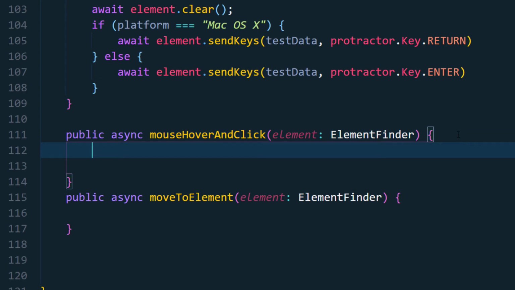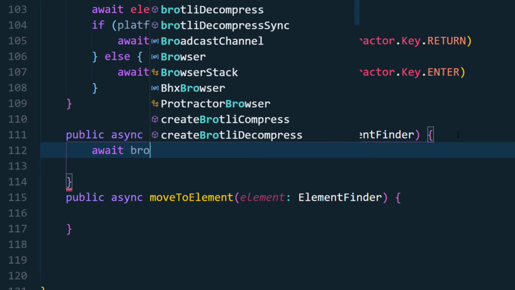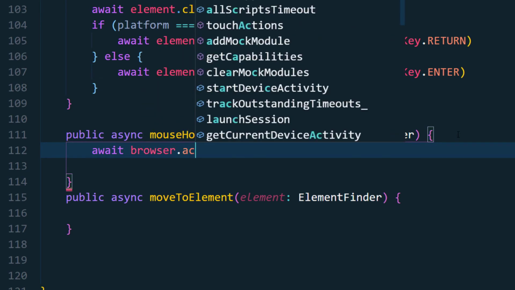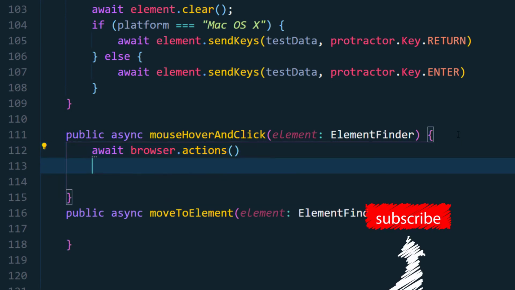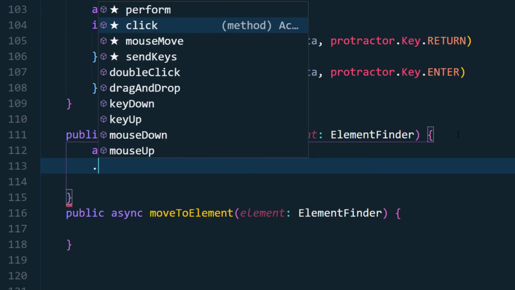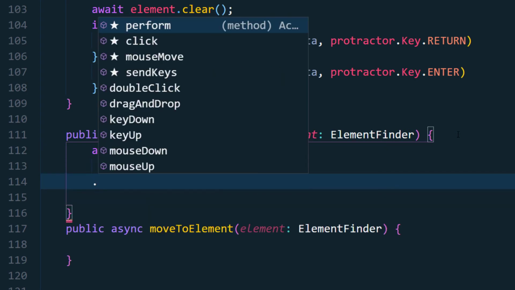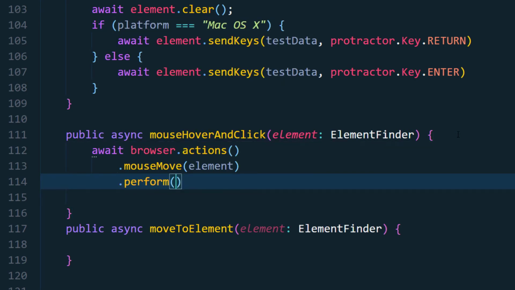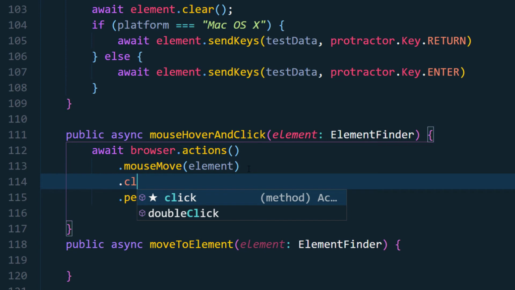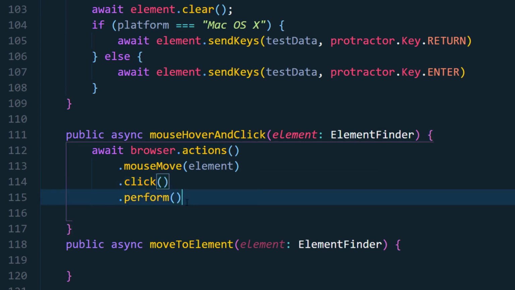And then first we have to do the mouse action. So here I'm going to say await browser.actions() and then .mouseMove, that is mouse move here. Within this we have to pass the element as an argument, and after that we are going to say .perform. Actually it's mouse over and click. So after the mouse over we do the click action and then call perform. But we already discussed in detail that whenever we use the actions